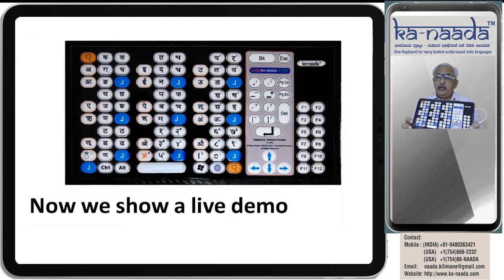K, A, N, N, A, D, A: seven keystrokes. And when we type on a mapped keyboard, we are not sure of the spelling. There is an element of confusion on the phonetic value. That confusion, the need for error correction, is not there on the Kannada keyboard.